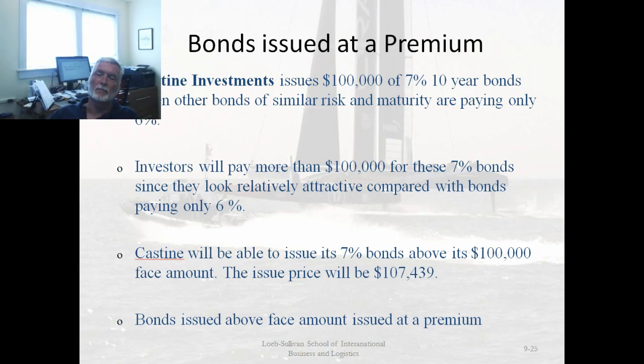And the premium in this case, I've calculated, these are for 10-year bonds. The premium, they would sell their bond for $107,439, and the investor at the end of 10 years would receive $100,000 back. They would also receive $7,000 a year in interest. So two different scenarios, bonds sold at a discount, bonds sold at a premium. In many balance sheets, you will see those discounts and premiums showing up. That's why it's important to know. And you may end up buying bonds at discounts or premiums as an investment.